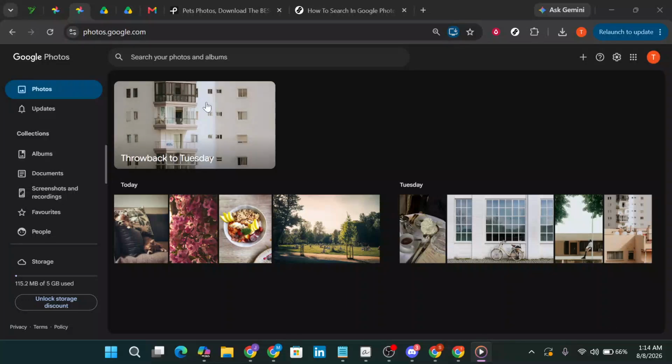In today's video, I'm going to teach you how to search in Google Photos. If you have a large photo library, searching can save you a lot of time. Instead of scrolling through hundreds or even thousands of images, Google Photos lets you quickly look for specific things that appear in your pictures. This is especially useful when you remember what was in a photo, but not exactly when